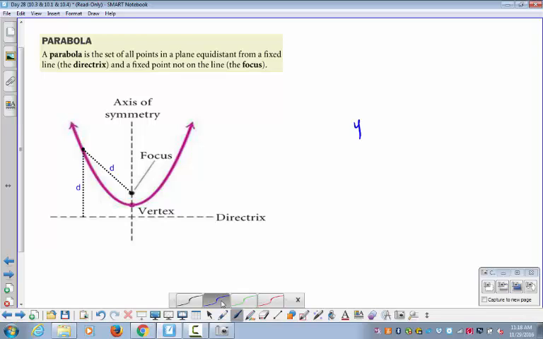You all know that this is the equation of a parabola in standard form, with the vertex being at (h, k), and if a is positive, it opens up. If a is negative, it opens down. So this is a vertical parabola. And some of you may have done a parabola that opens sideways by solving for x and writing this a little differently. Some of you may have. Not everybody, probably. But we're not going to use this form here. We're going to use a conic form